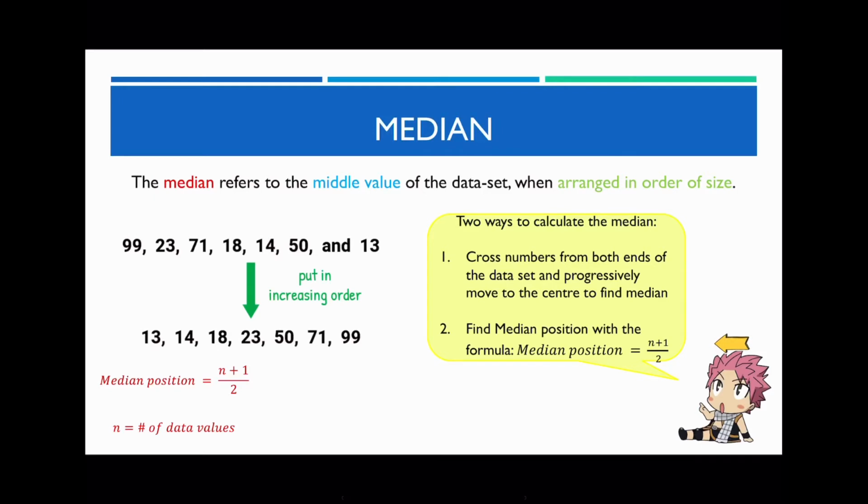In this case over here, there's 1, 2, 3, 4, 5, 6, 7. So I'll substitute 7 where N is. So I'll go 7 plus 1 is equal to 8. 8 divided by 2 is equal to 4. So your median position is 4, meaning that if I want to find out your median value, it is in the 4th position. So this is the first value, that's the second, third, fourth. So therefore, this indicates that 23 is going to be your median value,